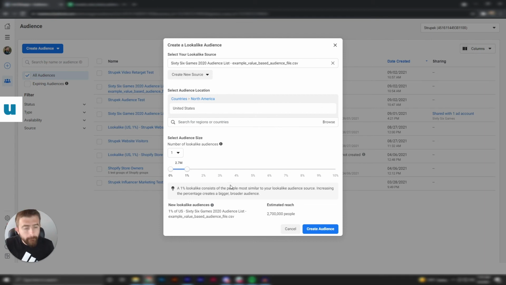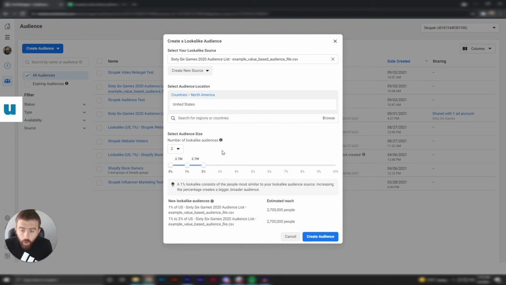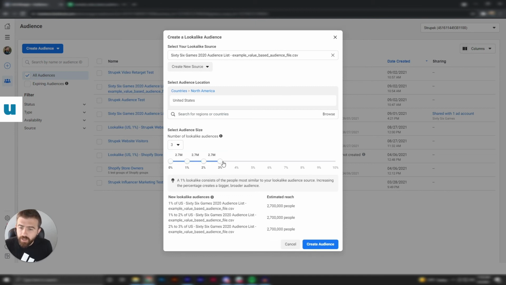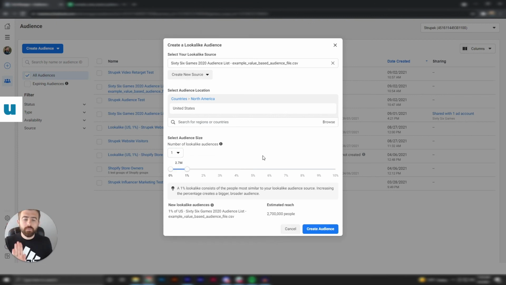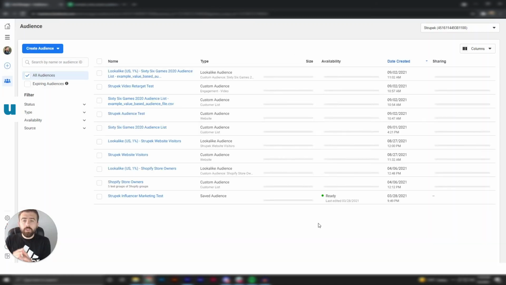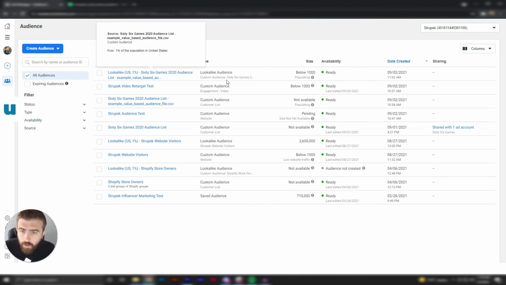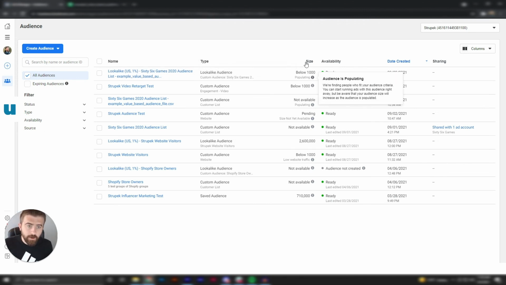You can go and create bigger numbers. You can always create multiple audiences. So you can create 1, 2, 3 lookalike audiences, but maybe you want to have this one be 5.4 million instead. Again, start small, start with 1%, and then hit create audience. Now what this will do is start to slowly populate here. It's going to take some time for Facebook to do that, but then you're going to take your list of 1,000 people and build a massive audience of 2.7 million people